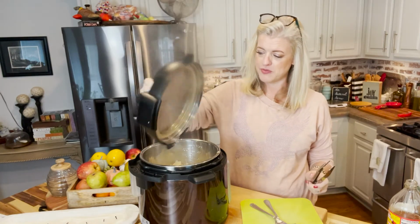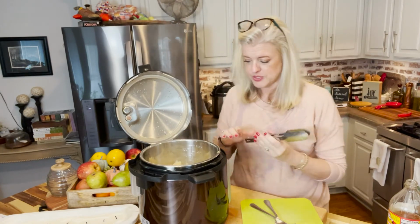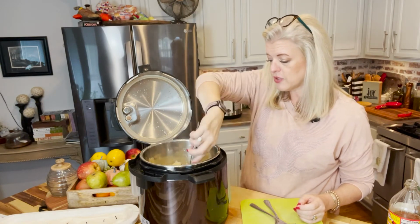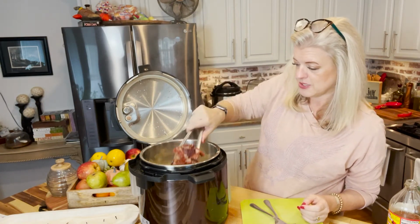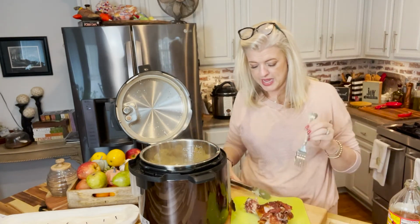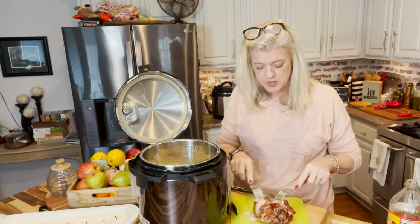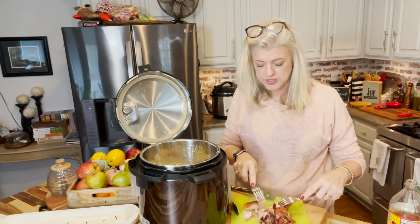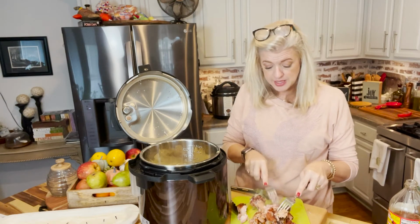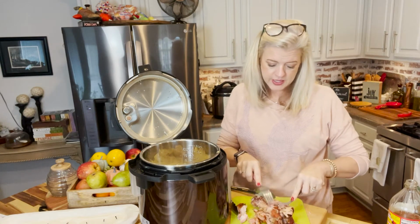So we're going to carefully remove that lid. And then I am going to fish out that turkey leg, which is smoked. It's already fully cooked. So, and I just slung cabbage everywhere. So I generally take this out, and then I shred the meat with 2 forks. It's very tender, very easy to do, but you really just want all that good smoked meat to go back in there, or not. Feel free to skip this step if you're not a huge fan of pork, but you like the flavor of pork in your